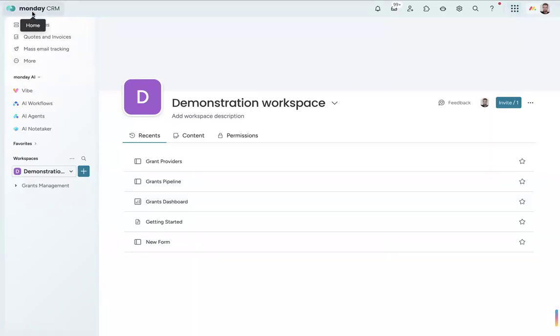And then once I'm in the CRM, I've got here my demonstration workspace. Workspaces are just like your highest level organizational tool. Within a workspace, you can have folders. So I've already got one folder here for managing my grants. And what I'm going to suggest is that we add another folder here to manage our donors. Donors and grants are quite different in the way you're going to be working on them. If anybody wants to learn how to manage grants, I have a separate template and a separate course on that.